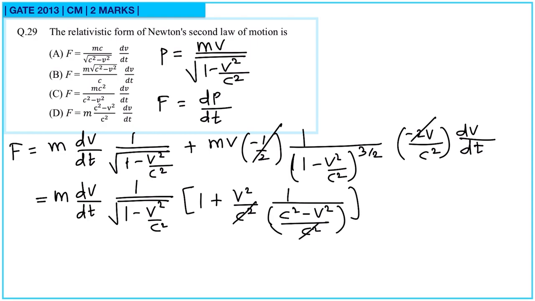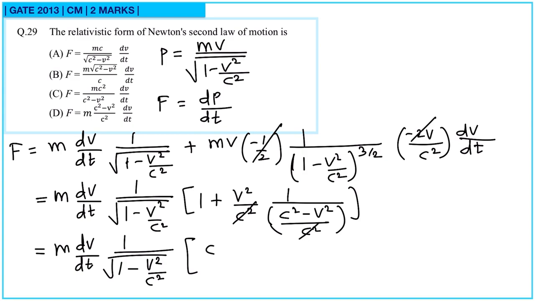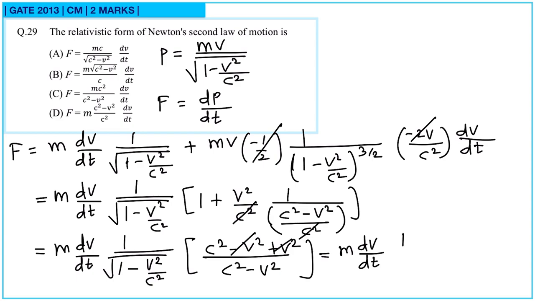So this c square will cancel. This is equal to m dv by dt 1 upon under root 1 minus v square by c square, and this is (c square minus v square plus v square) upon (c square minus v square), which is c square upon this. So this is equal to m dv by dt 1 upon under root 1 minus v square by c square,